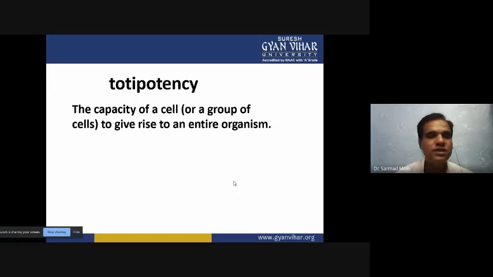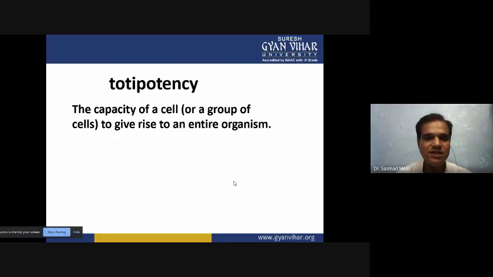So in micropropagation also we take a single cell or a group of tissues, and from the single cell or group of tissue we either produce callus or produce shoots. Through shoots and callus we can propagate an entire population of plants, and these plants are clones of that cell. The genomic organization of these plants will be similar to the cell.